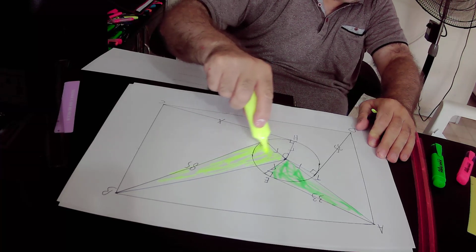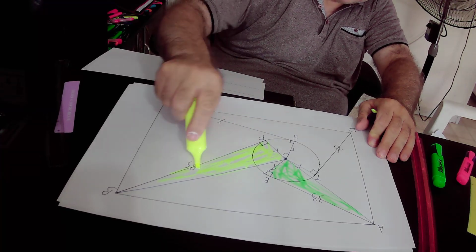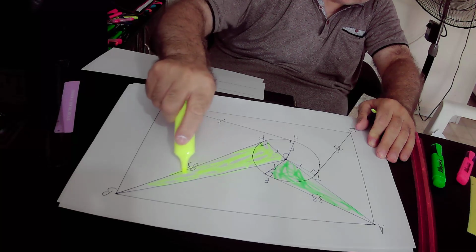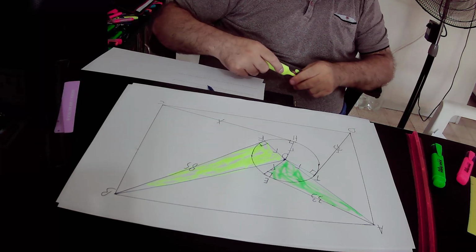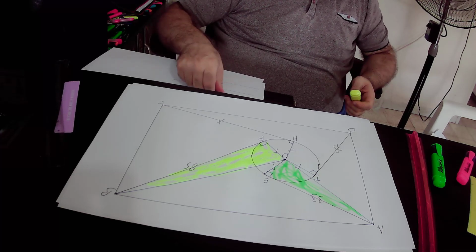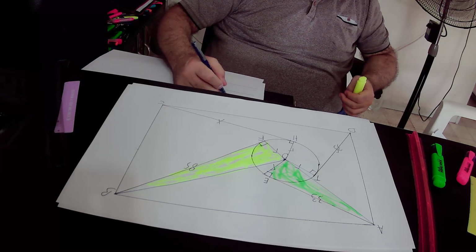According to the Pythagoras theorem, in the yellow right triangle BOF by PT,